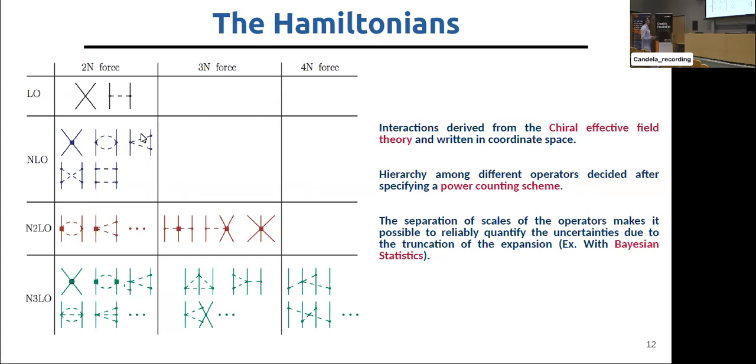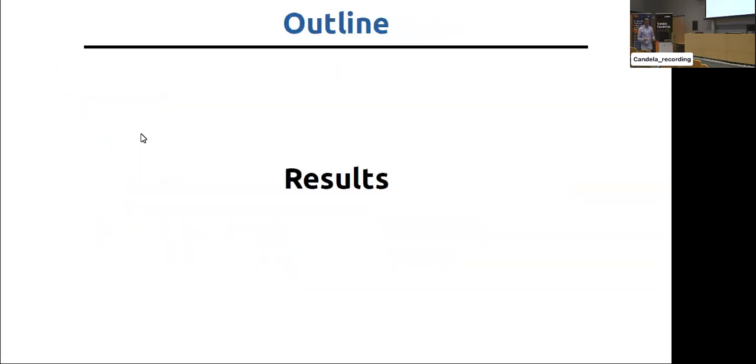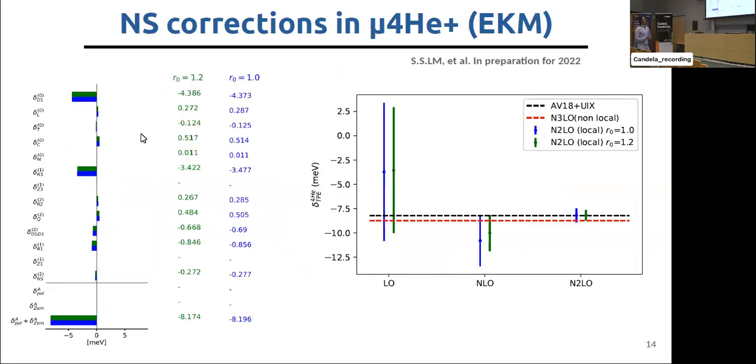But this separation of scales is extremely important because at some point we will truncate this expansion at some order. By exploring the separation of scales, we can also associate, with other techniques, for instance Bayesian statistics, a well-defined uncertainty quantification coming from the truncation of the Hamiltonian. And I will show you some practical examples of how we do that, taken from my work. And let me start by showing you my